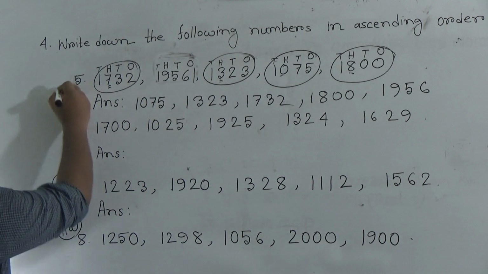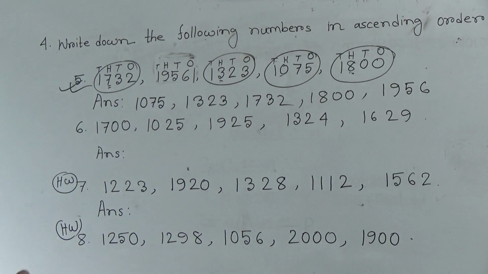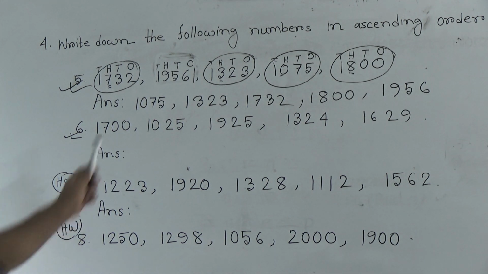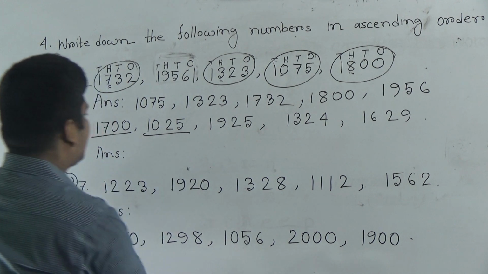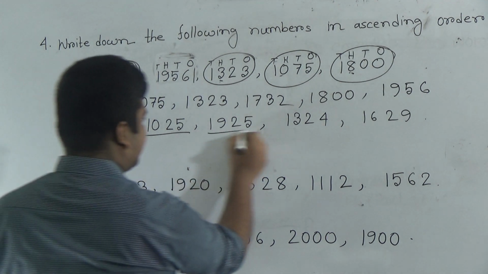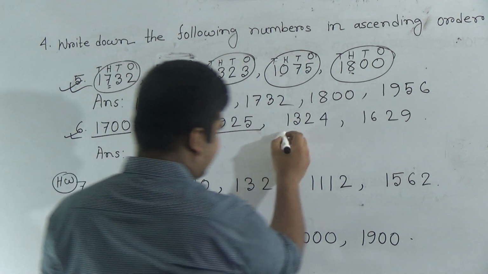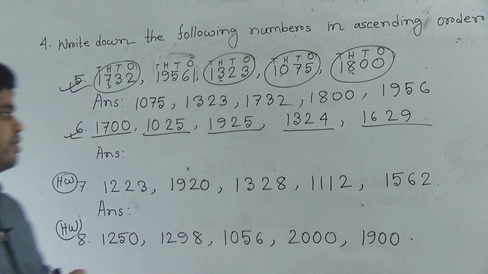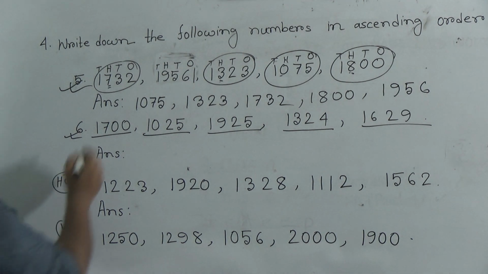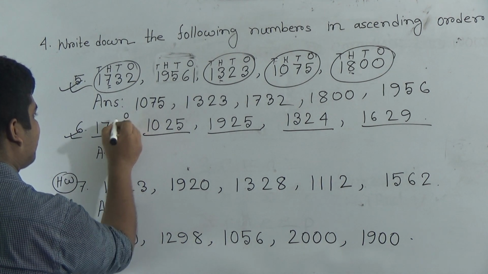So 5 is done. Next we shall solve question number 6. Here some numbers are given, that means 5 numbers are given. They are 1700, 1025, 1925, 1324, 1629. My dear student, notice at first we write the places, that means this is ones place,